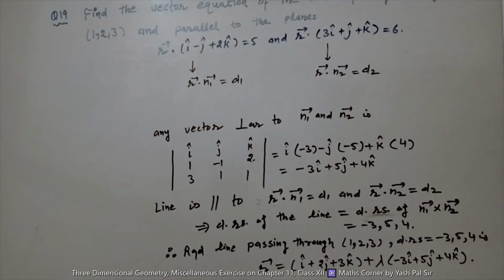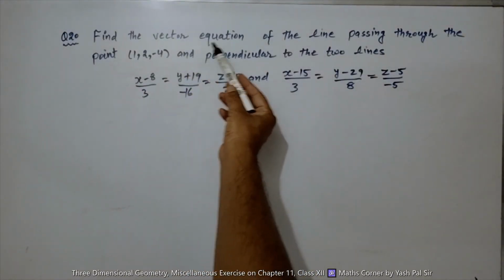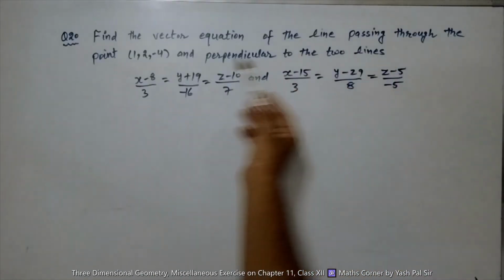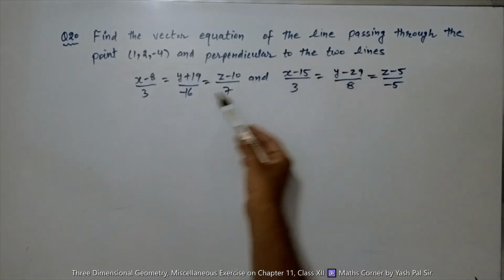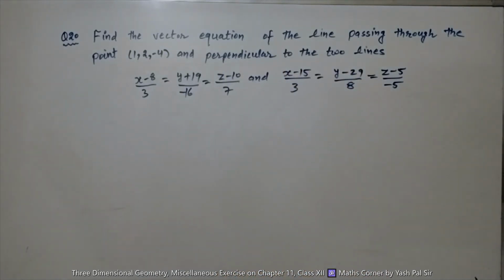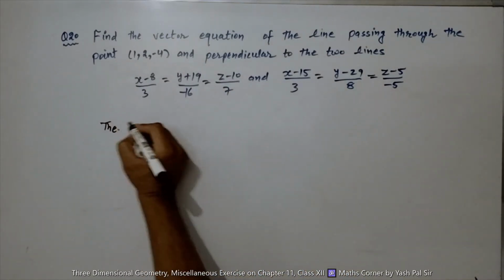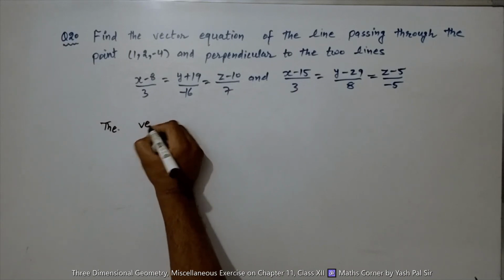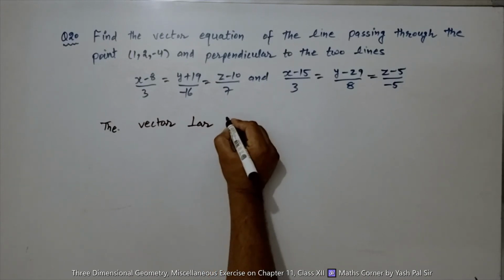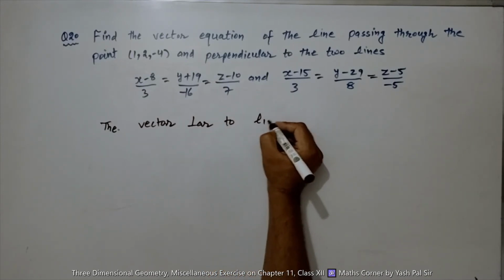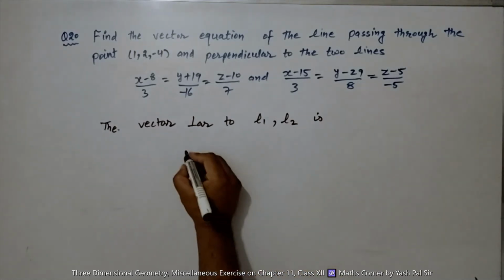Now coming to the next question, question number 20. Find the vector equation of the line passing through the point (1, 2, -4) and perpendicular to the two lines. This is the first line and second line. So first of all, the direction vector perpendicular to the first line and second line is